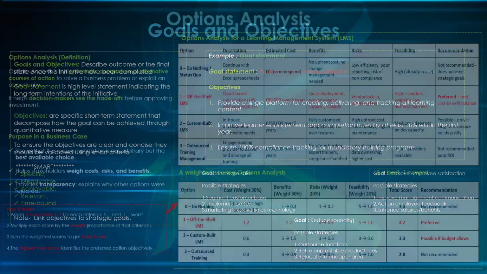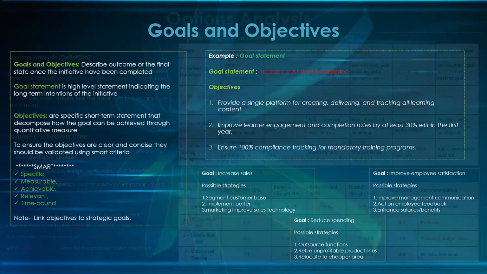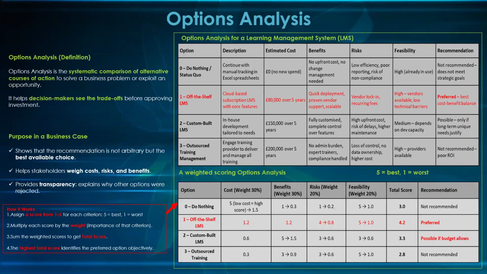So part of the strategy here is we want to build a website. That's our goal. So what are the options that we have when we are building a website? This is what we call option analysis. Okay, option analysis. I have to be quick now. Option analysis is a systematic comparison of alternative courses of action.